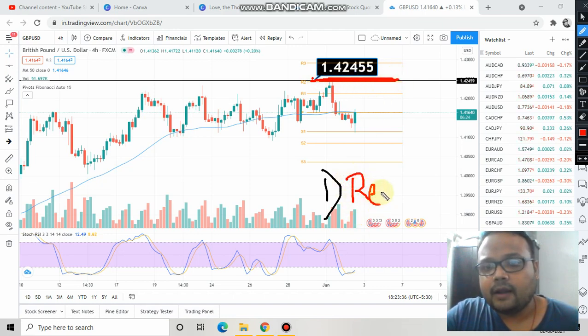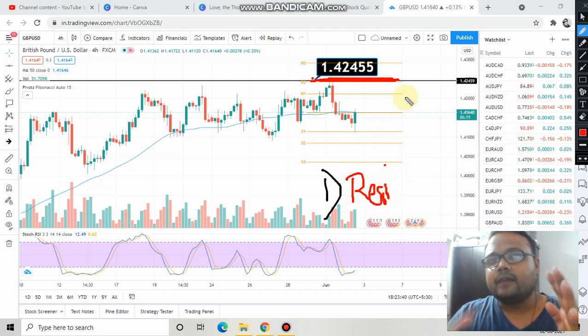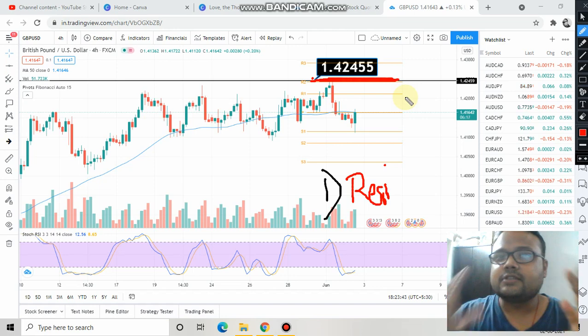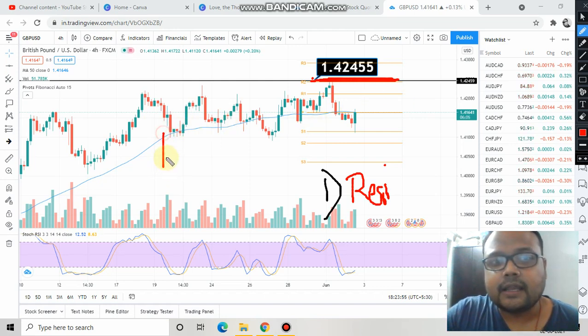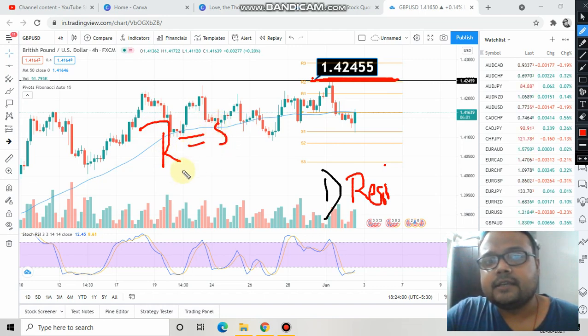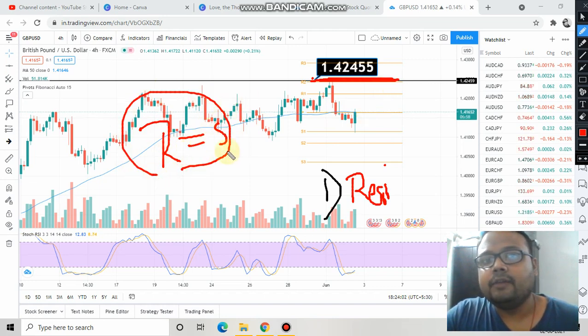So if market crosses this level, then we need to observe the market for 4 to 6 hours and just try to observe the price. We need to understand the chart, we need to understand the market psychology. If we see that price is trading comfortably above the level, there is no price struggle, then we will get the confirmation that yes, market has made this resistance as the support. Okay, and this level will become the next support, and we can go for a buy order